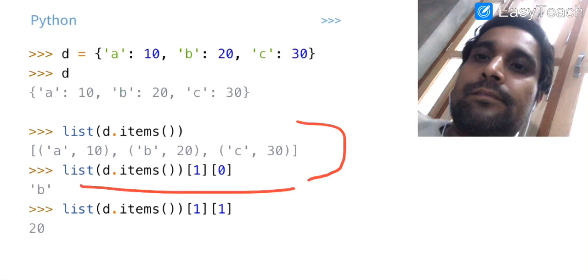What the update function basically does, it needs 2 dictionaries, a first dictionary and a second dictionary. If something is common in the first and second dictionary, then the value from the dictionary that is passed as a parameter will be used in the dictionary which is calling the function. Otherwise that particular key value pair will simply be added to the dictionary. Let us understand this with one example, and then this concept will be clearer to you.